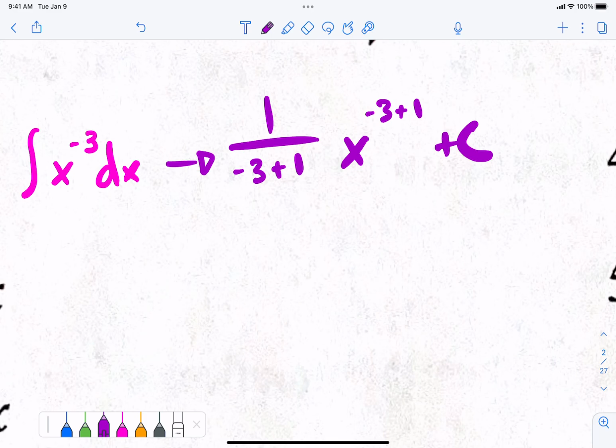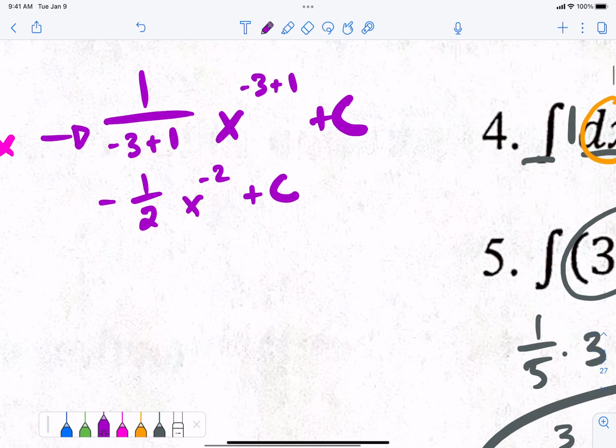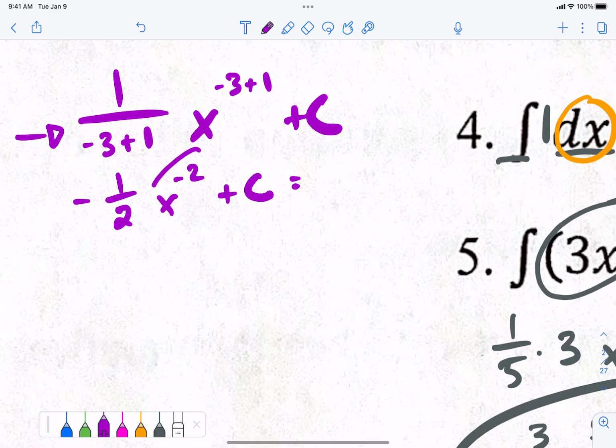Do you see where we're at this point? So this is negative 1/2, or 1 over negative 2, x to the negative second power plus c. And I'm going to fix him. Because x to the negative 2 power